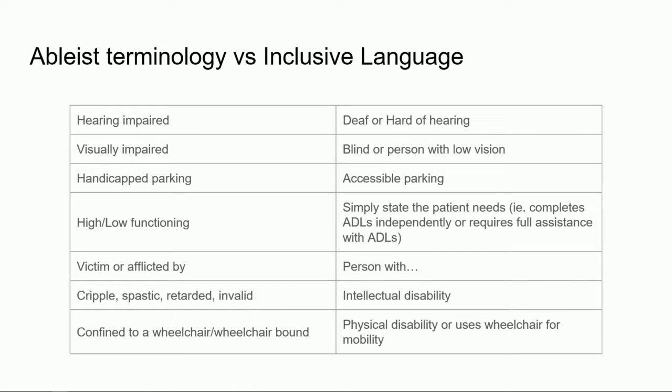This is by no means an all-encompassing list, but it does provide some examples of terminology that, on the right-hand side of the table, is considered outdated and archaic and portrays a negative connotation whenever it is used, compared to the more updated terms on the left side. The other thing you'll notice about the terms on the left side is that they are descriptive without being pejorative. If I go through some of these examples, if you're talking about somebody with hearing loss, the preferred terms are deaf or hard of hearing or simply hearing loss. If you're talking about somebody with vision loss, it is okay to say blind or a person with low vision.